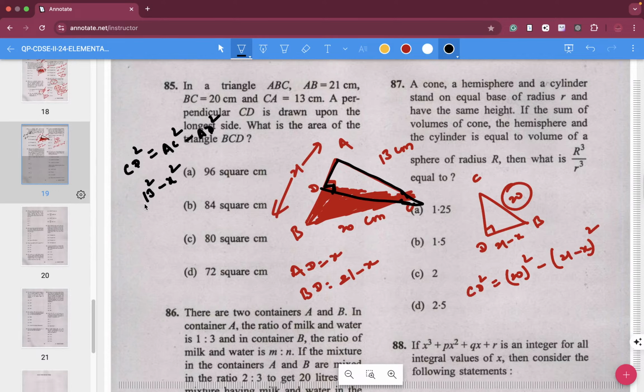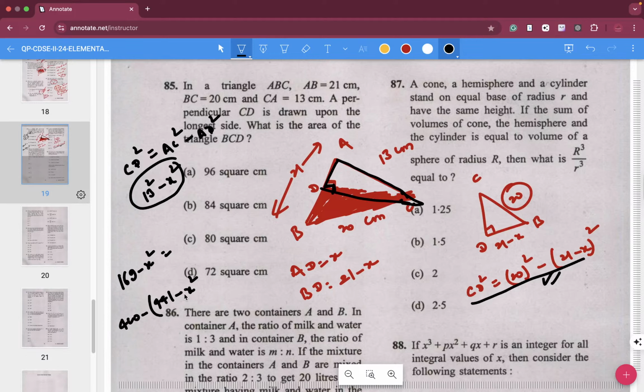Now this is the value of CD, this is also the value of CD. So can we say both of these are the same? Which means 169 minus x square is equal to 20 square, which is 400, minus 21 square, which is 441,